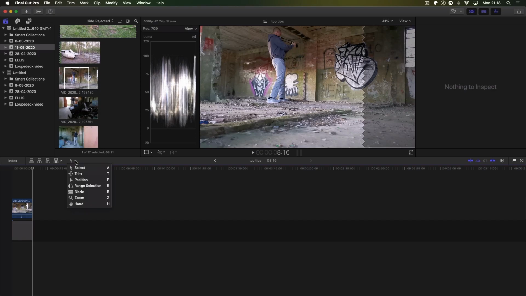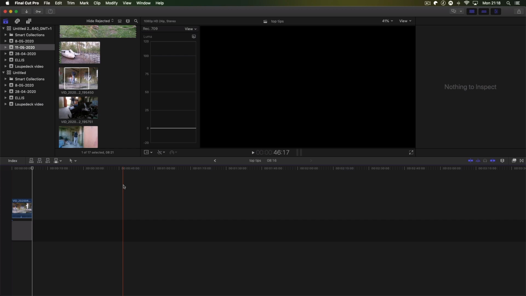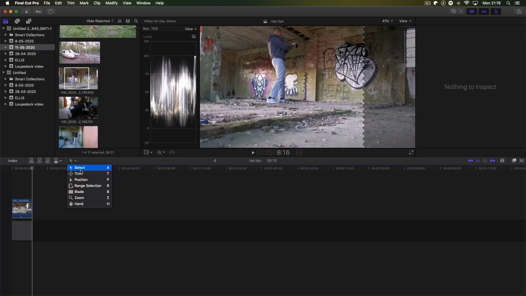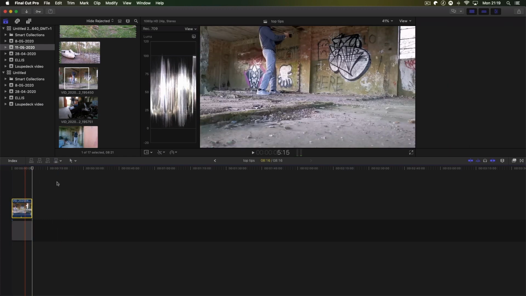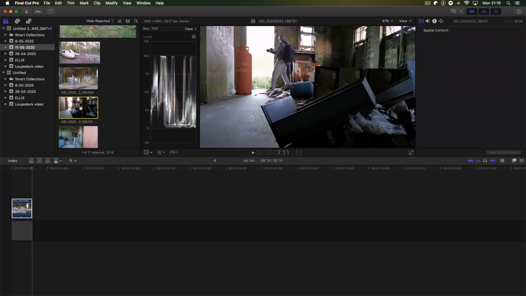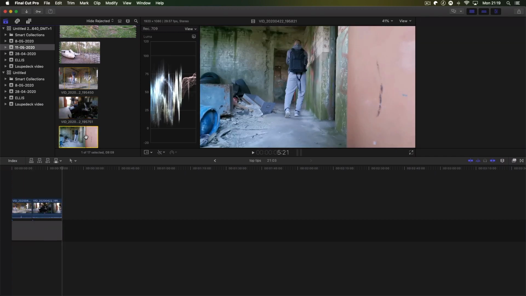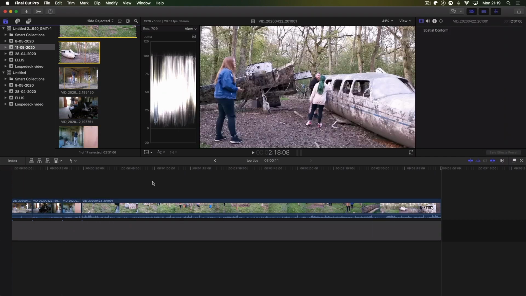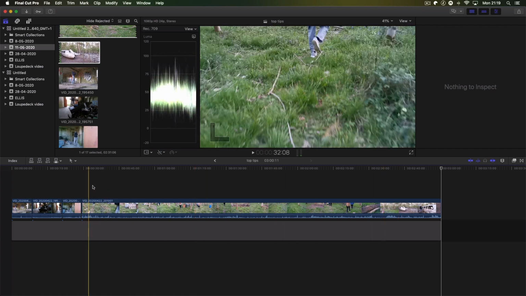So first of all, obviously we've got the shortcuts down here along there, which tell you what the shortcuts are anyway, but I'll go through them just for the purpose of the video. So we've got A, which is your select tool, which we can use to select our clips, our audio, and anything else. Let me just bring another clip in down here, and a couple more down here,